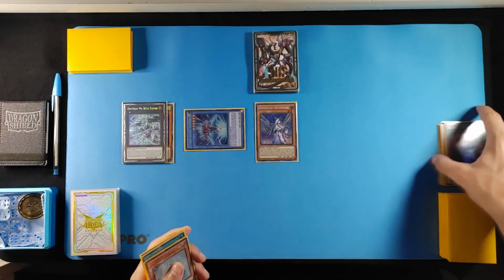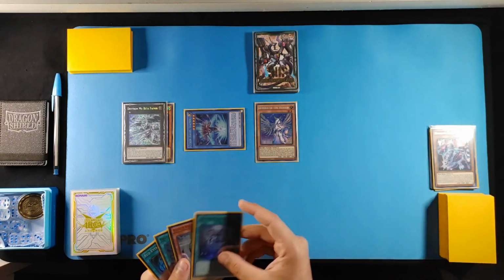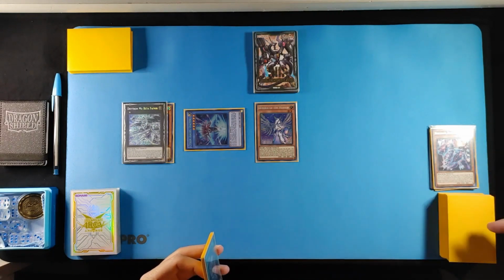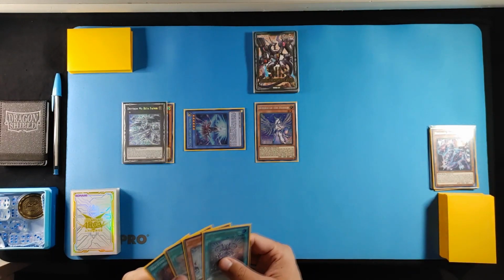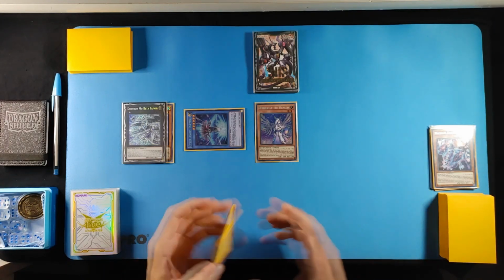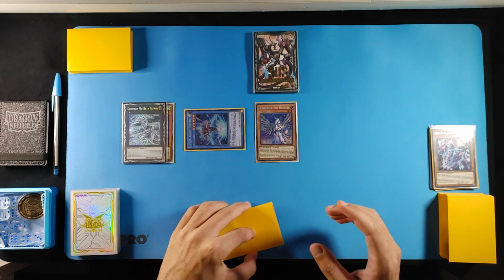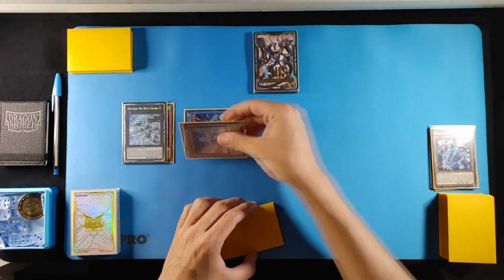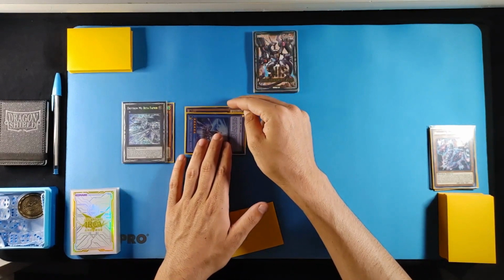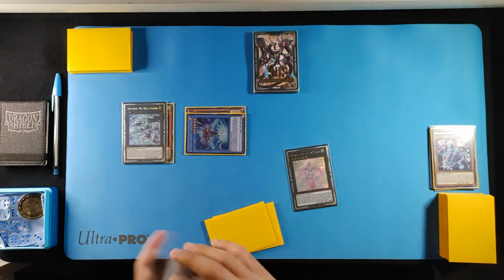Idodin's effect triggers once it hits the field. It returns one ritual spell from your graveyard or from your deck to your hand. So if you do run two, I recommend just searching that second one out of your deck, just in case that one gets crowed or something like that. So now at this point, we can go ahead and overlay our Idodin and our Diviner, because they're both level 6s. And then we're going to go make our